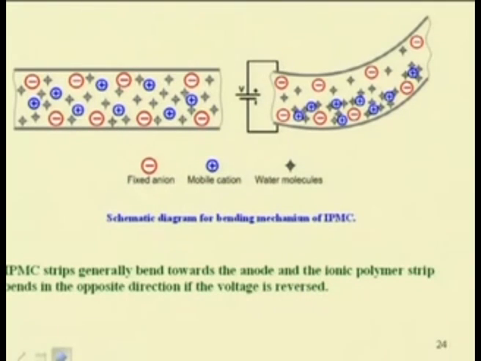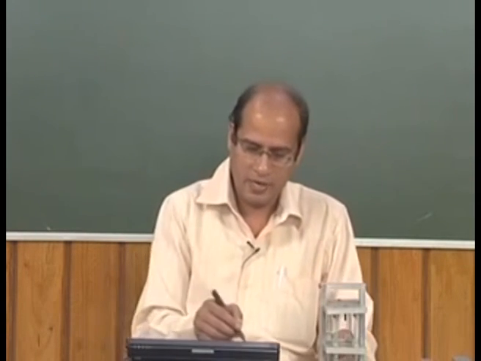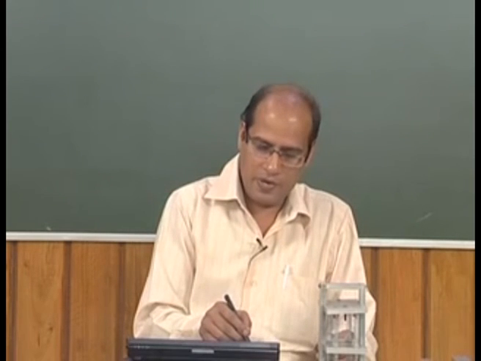One can also take other different types of system. In this case we have taken one IPMC, that is ionic polymer metal composite, in which you have a fixed base, Nafion base, and the ionic polymer inside. By applying a voltage you can actively change its response, or if you require bending of this, by applying this voltage you can have this bending. So, in all these cases you can have a nonlinear system, and the equations of motion of the systems can be written as a nonlinear differential equation of motion.